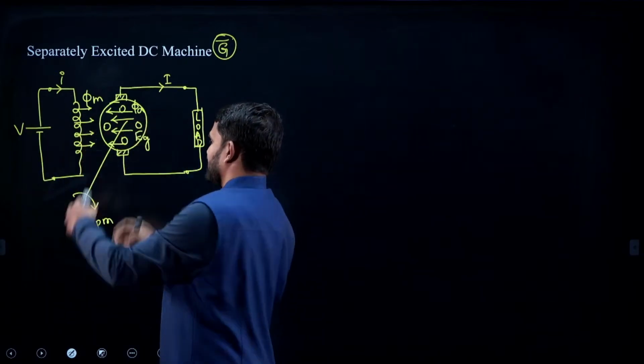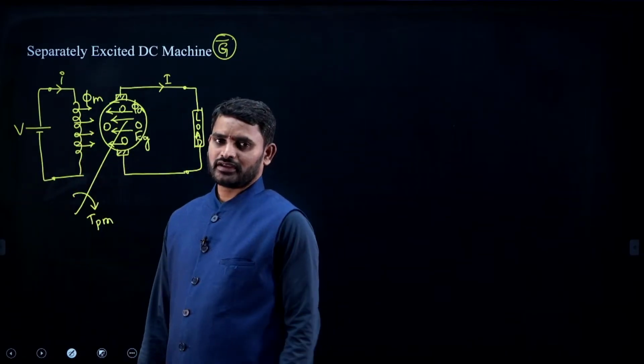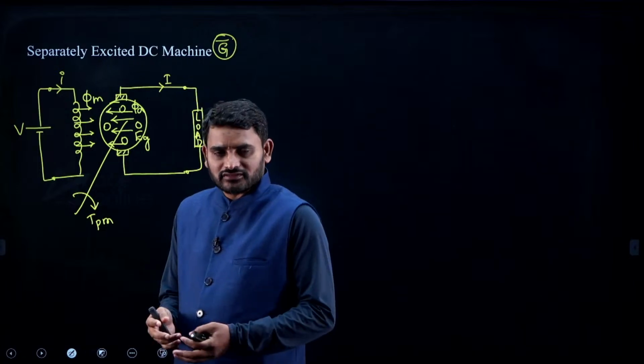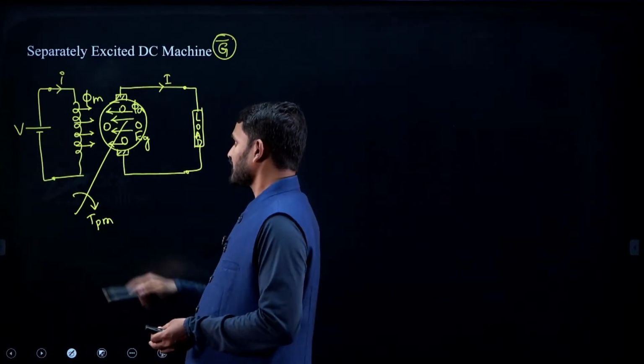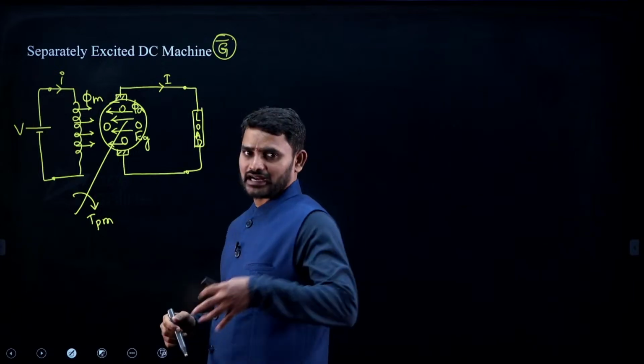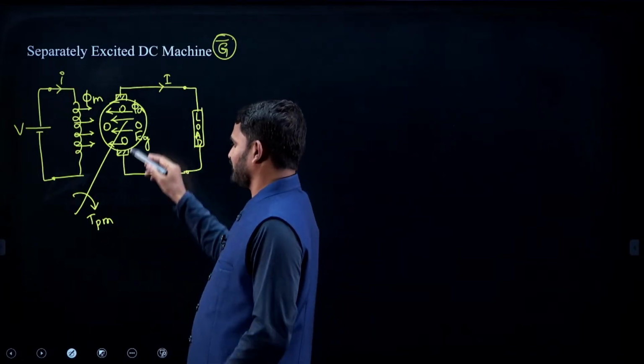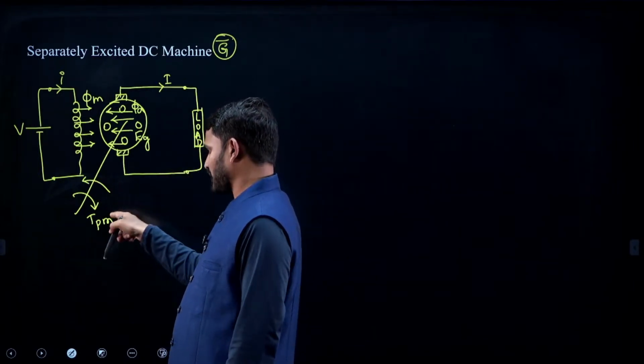Interaction of these two flux lines will create a torque. Okay. Now what is the use of this? What is the use of the torque here? The torque, the produced torque or electromagnetic torque produced in the machine is going to counter the prime mover torque